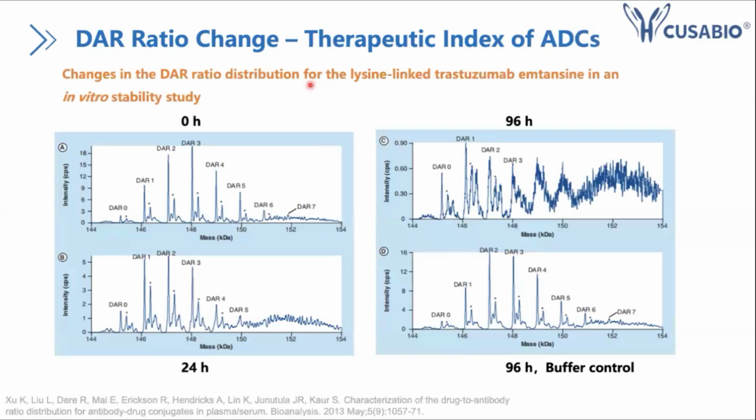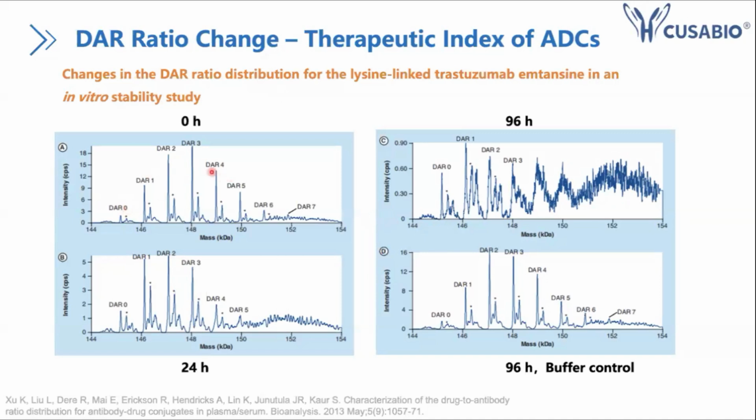Here is an example of what you would expect to see in the results: the change of the DAR ratio when you perform this type of assay. The example here is the ADC drug called T-DM1. In T-DM1, the DM1 is conjugated via the lysine residues. After conjugation, the different species have DAR values from 0 to